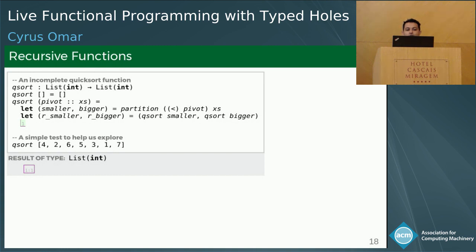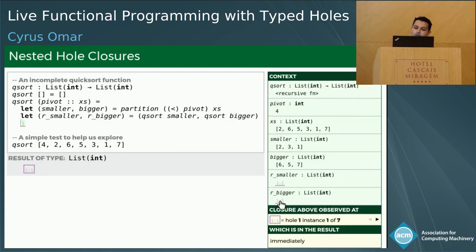So again, the result there is not very interesting. It's hole one, instance one. It just tells you we went through the recursive case of quicksort in that example. And that's one bit of information, but it's not very interesting. Again, what's more interesting is the data that's in the context inspector in the sidebar. So there, when you're in instance one of hole one, you'll see the outer call to quicksort and all the values for these variables that are in scope at that hole. So the pivot was 4, and the tail of the list was there, and the smaller and bigger calls,